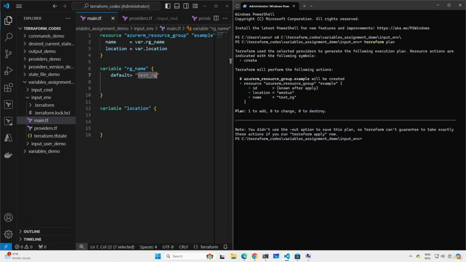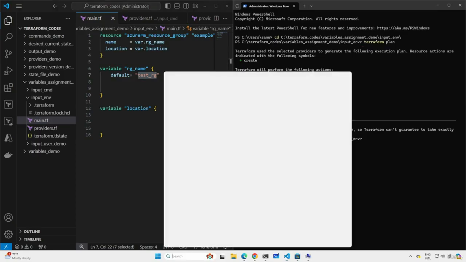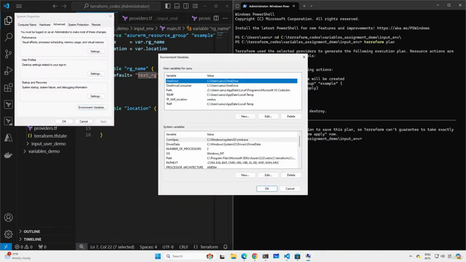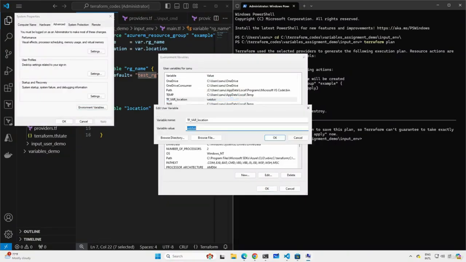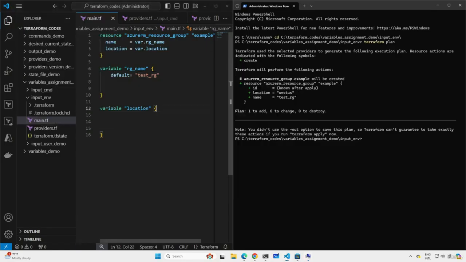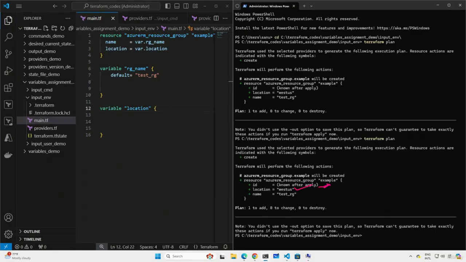Again, let's have a quick look inside our environment variable which we mentioned. See, in the environment variable, sorry, we have mentioned West US. Let me update it to East US. Click on OK. Okay. If I'm going to run it again, let's see what is going to happen. The environment variable is East US, but the value which we are getting is